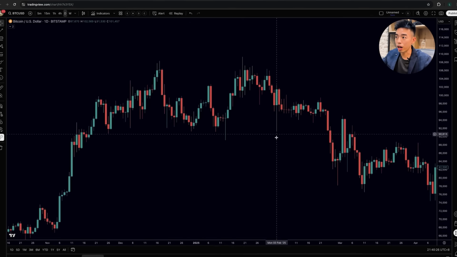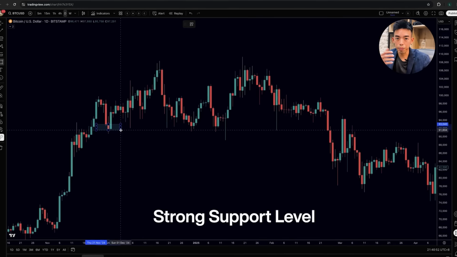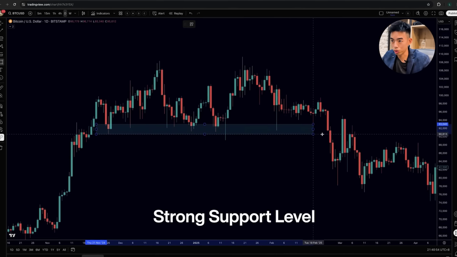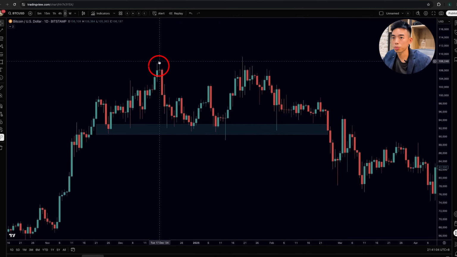So every time we see a move down to the 92 price, we see a very strong move away. And when you see that happen multiple times at the same price point, that becomes a strong support level, like this. Now, the flip side here is, if we look at this price point here, around 108,000,